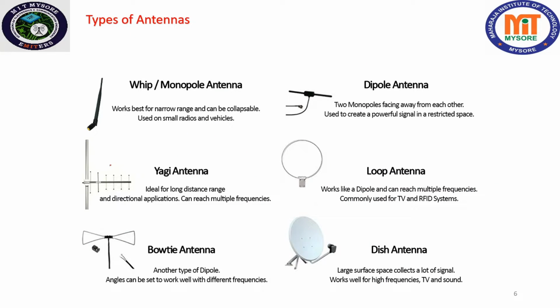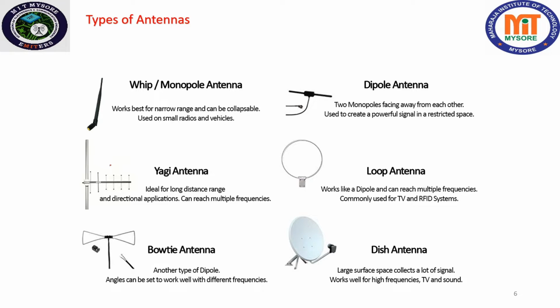Next, types of antennas. This is also very important. We have a number of types of antennas, in terms of the applications, in terms of the dimensions, in terms of the distance which the signal has to travel, in terms of the reach or the area which has to be covered, and the application in which it can be used, whether it is satellite application,